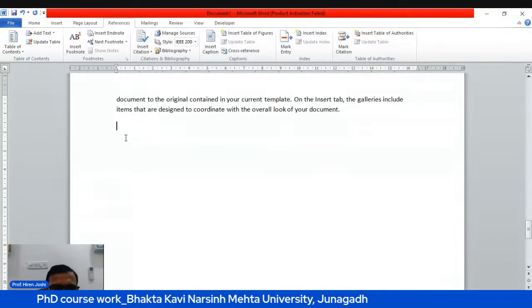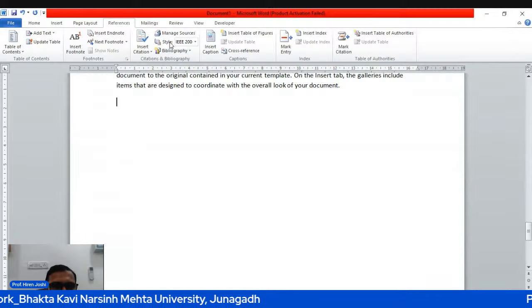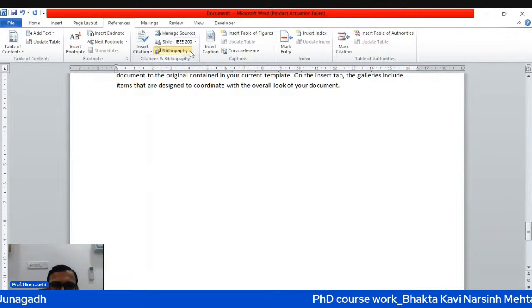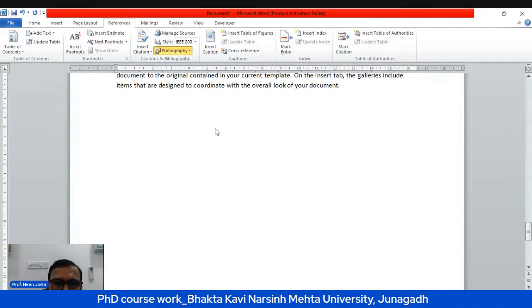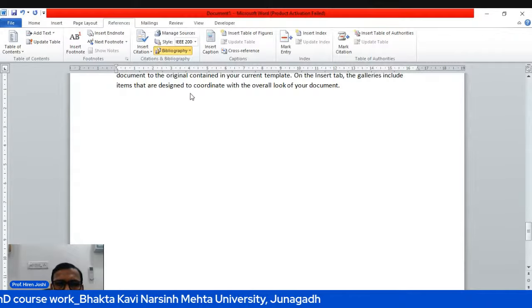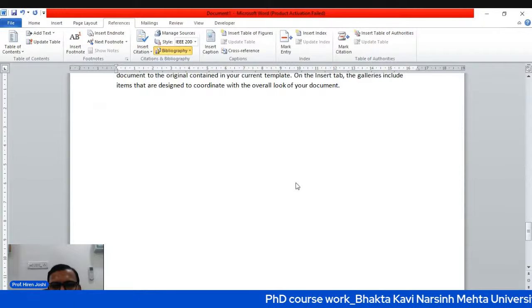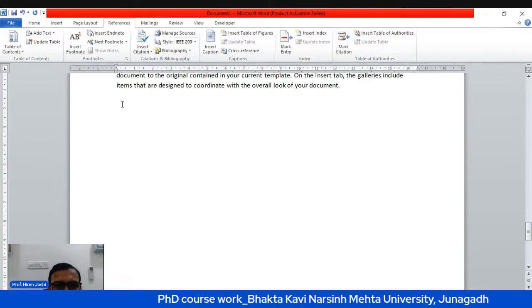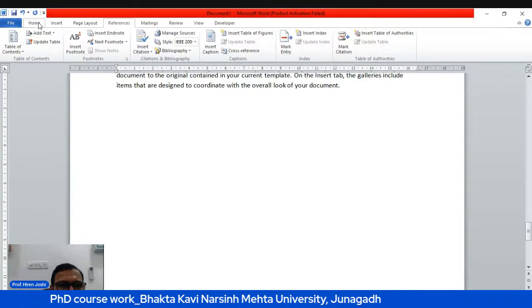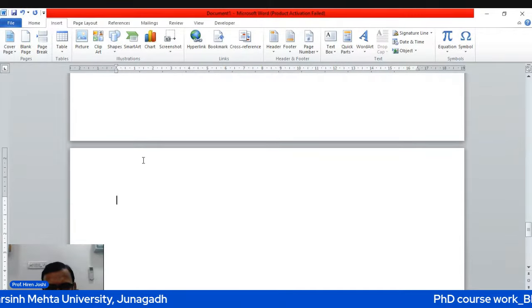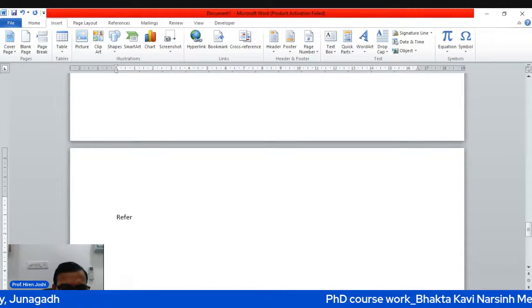If I want to add references here, I can just go to the bibliography and look at this small arrow. As I click on it, it will open a bibliography for me with some style. You want to either display it as a bibliography or works cited or some other way. Let's say I say insert bibliography, but let me do one thing. Generally we don't do this, but to just give an idea, I insert one blank page, and here I type references,